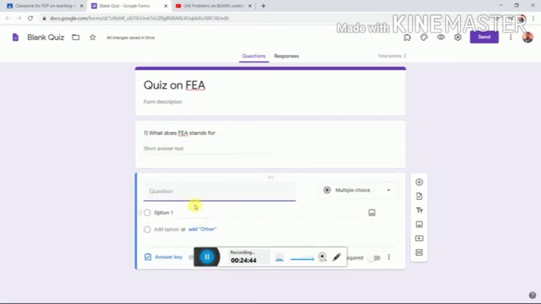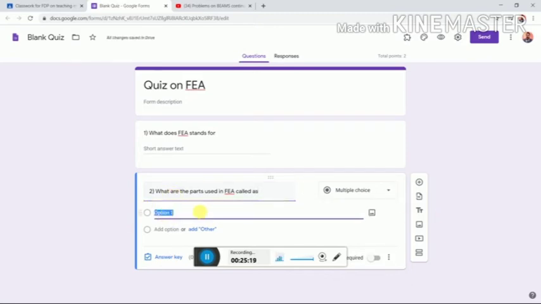Then let us go for question number 2: what are the parts used in FEA called as? Suppose I want it as a multiple choice question.